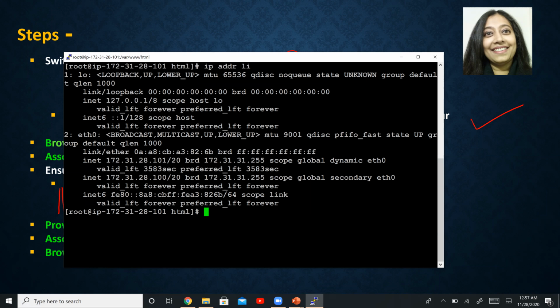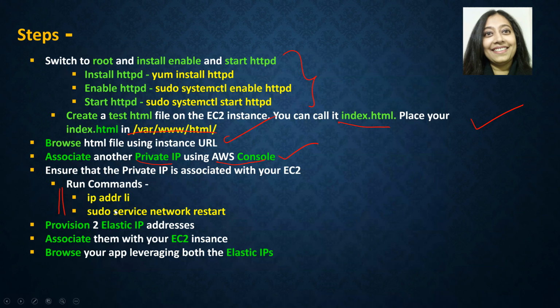So hit enter, and now you will see right here 101 as well as 100 is also associated with this EC2 instance. So we have basically been able to associate the new IP address that we created with our EC2 instance.